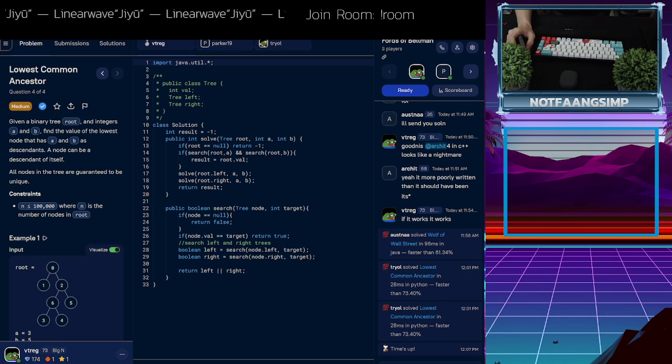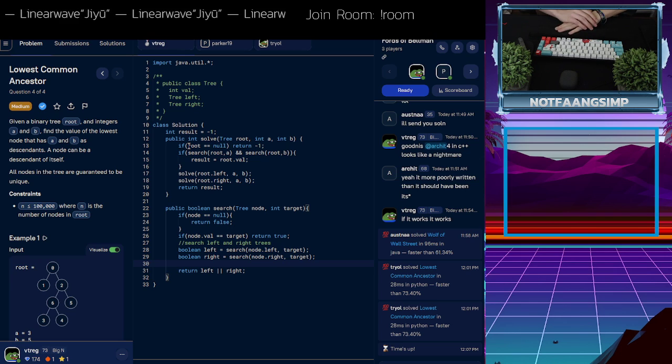So I wrote a search method which allows me to basically check a given subtree for the contents of a node. If we find that node anywhere, we return true. And because this time we want the lowest node, a bottom-up recursive strategy would not work, because let's say we have one here that has it, but the one above it would also have it, and we'd inherently end up